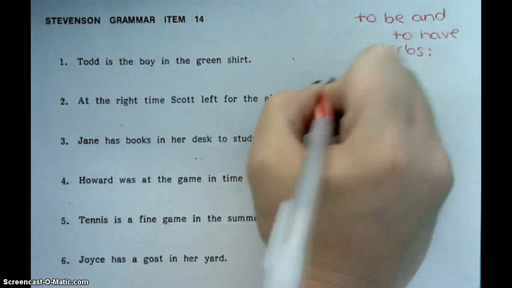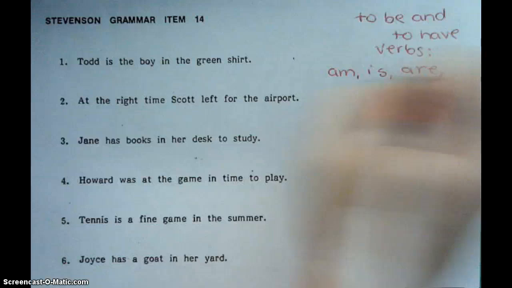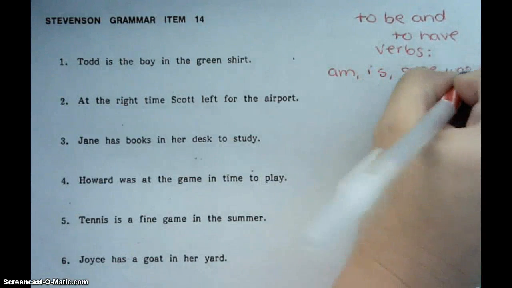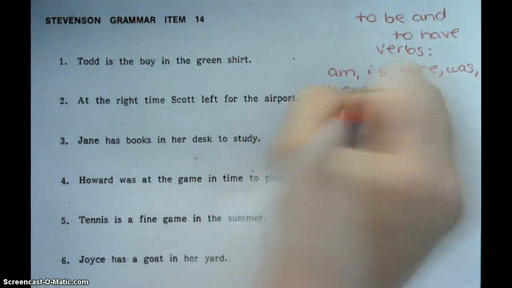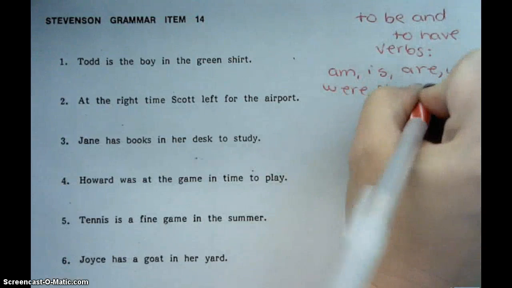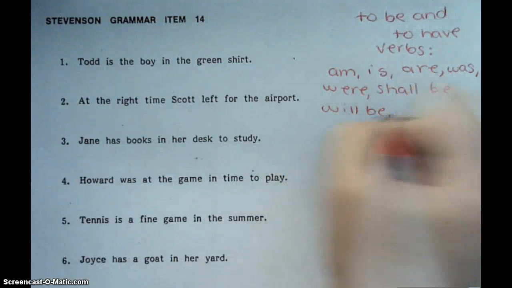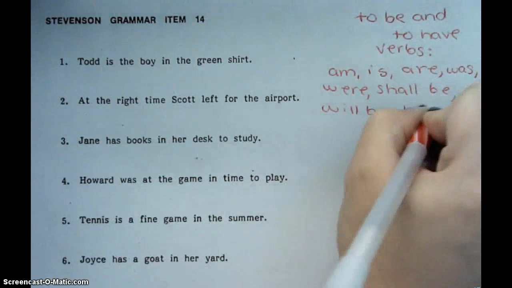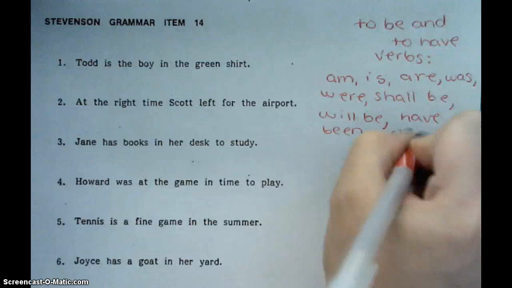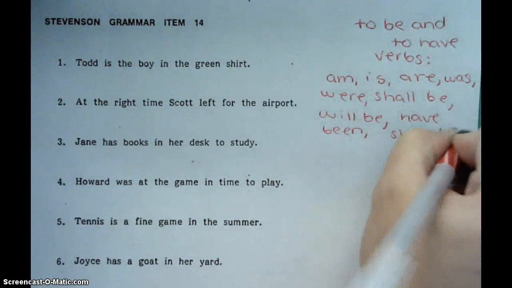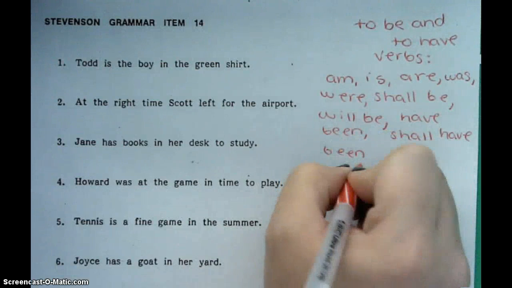So we have am, is, are, was, were, shall be, will be, have been, shall have been, will have been,